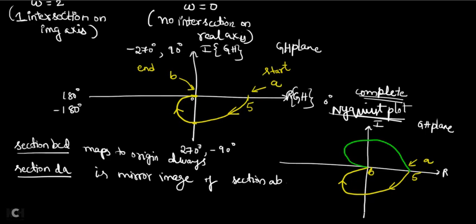From point A to B it went. Now again from B to A it will go. It should be like a circular arrow direction only. Don't write the arrow marks like all the arrows are incoming. If the arrow is going from A to B, then it should continue from B to A. Like that only it should continue. Is it clear? Now this is my complete Nyquist plot.